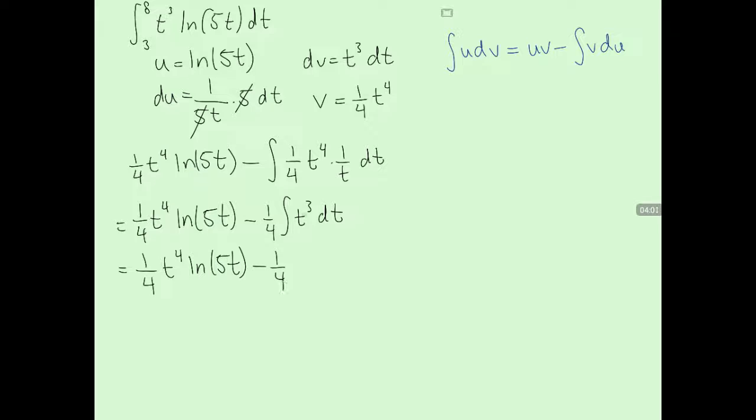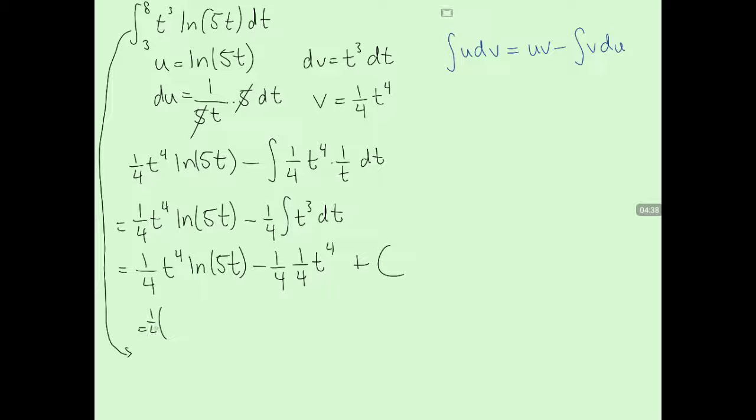So immediately we have our indefinite integral, which is this. And we can integrate t cubed very easily. That is just 1 over 4 t to the fourth. And so our indefinite integral will have an integration constant. But what we are worried about is the definite integral. So to solve the definite integral, all we have to do is plug in our numbers 8 and 3, and the plus c's will cancel out when we subtract them from one another. So this is going to be equal to